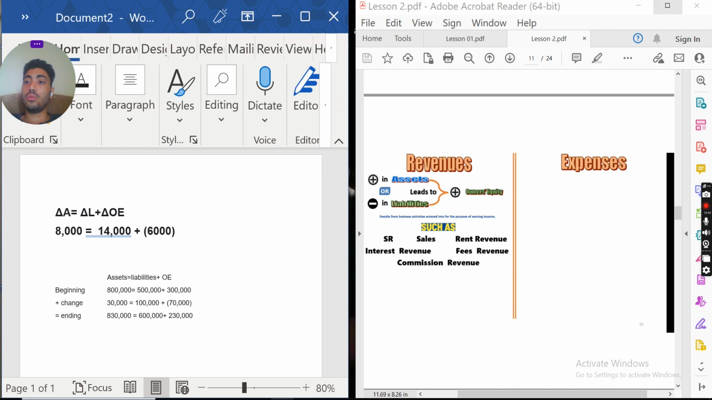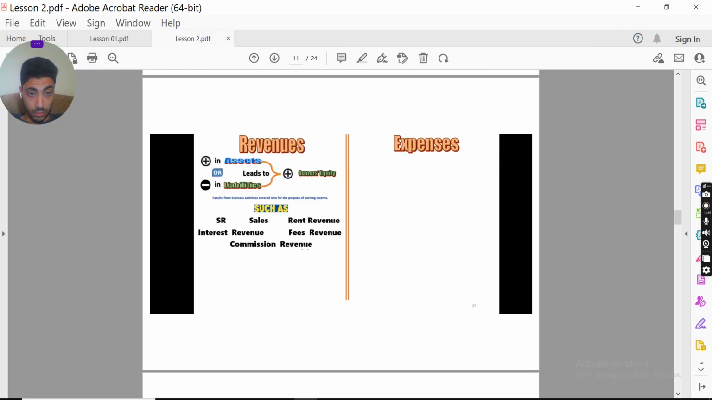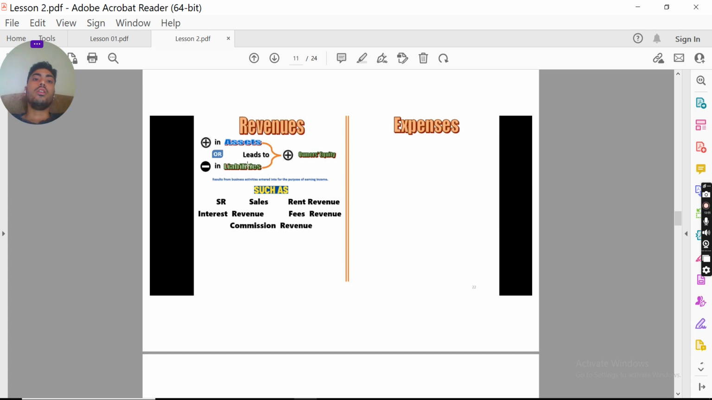We are moving to the most important things about our lesson today. We have five things we knew from the previous lecture, which are assets, liabilities, owner's equity, revenue, and expenses. Those are the five categories which help us to establish the four statements, which are